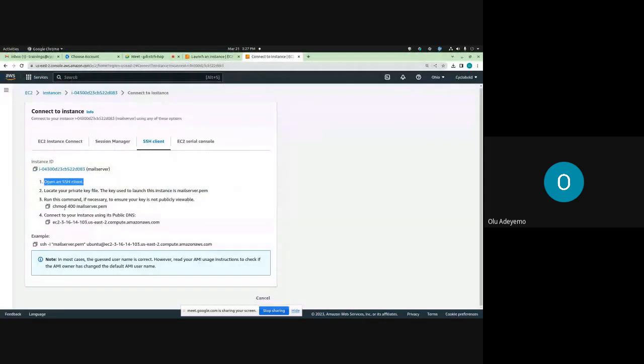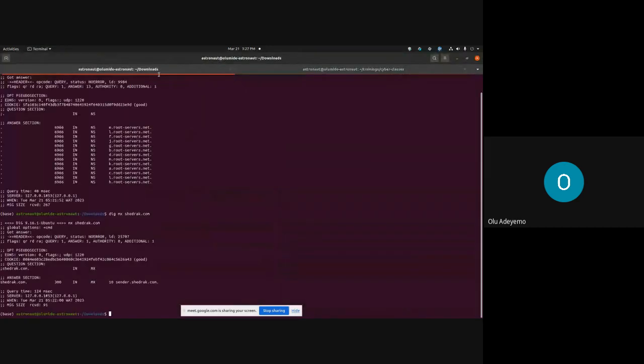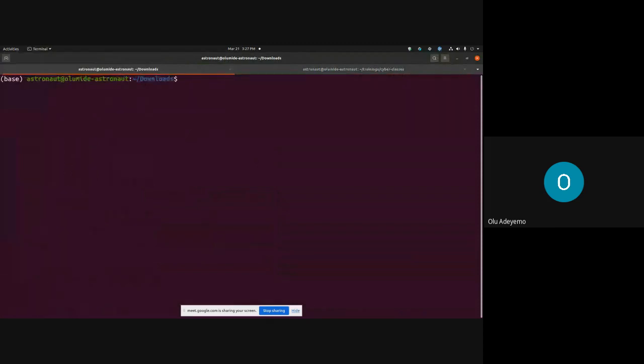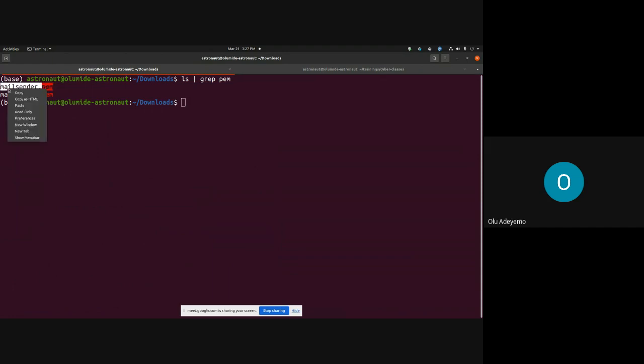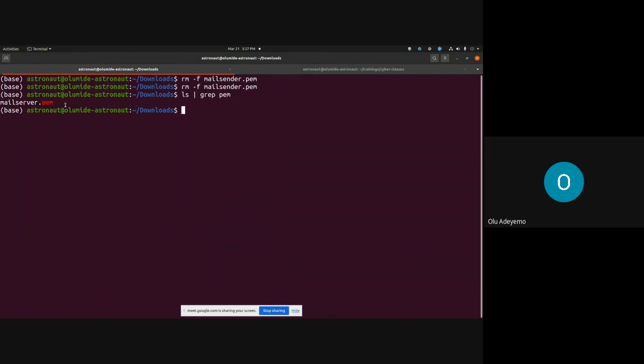So back here, it says that we should locate our private key file. The private key file that we downloaded is inside the downloads folder. If I do an ls, grep, and I do pem, you can see that we have this. So I'm going to delete this one because we don't have it. I'm going to remove forcefully, and it will delete that for us. So if I run this again, we have this mailserver.pem. The instruction says that we should run chmod 400